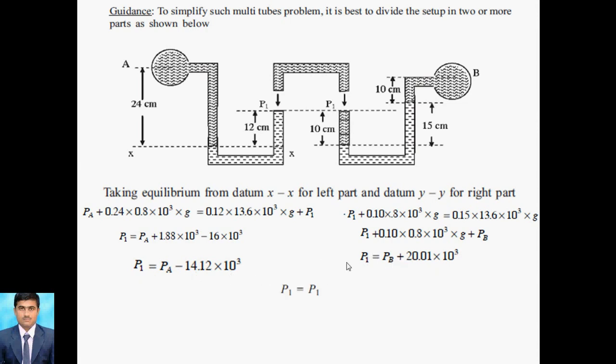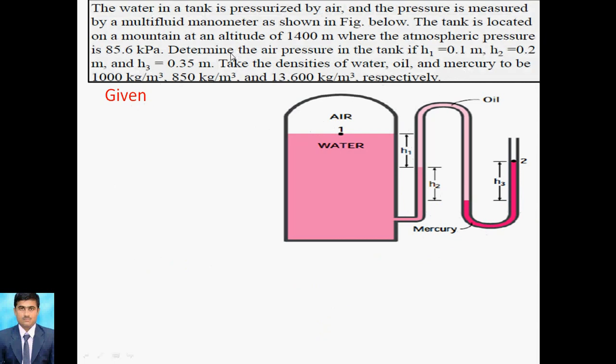For P1 equal to P1, we then formulate PA and PB and find out PA minus PB. So this is a complicated structure. Here we divided it into two parts. First of all we solve this: we take the left limb and right limb for this condition, and then we go for this part. This part we also divide into left limb and right limb, and then we go for the final equation. So this is the relation for the equations.